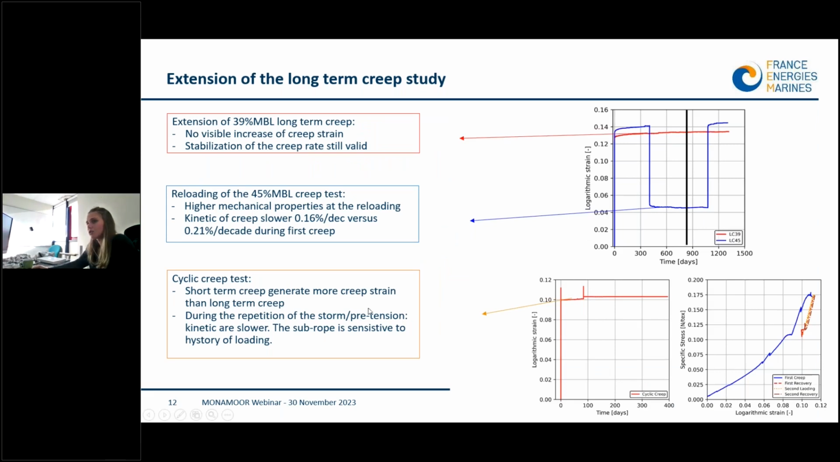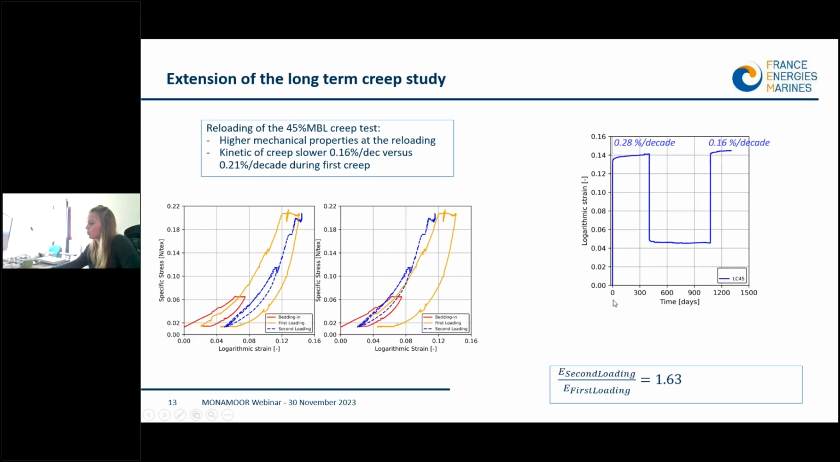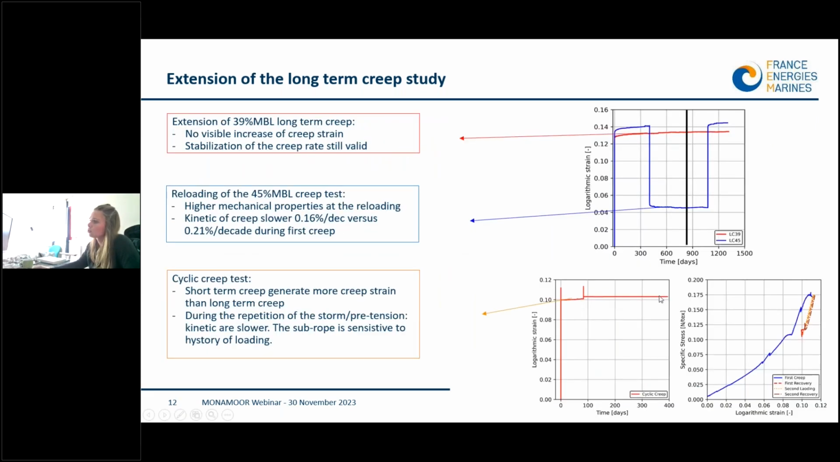Another test, another cyclic creep test during long times. This cyclic creep test aimed at evaluating if a creep during a short period, so here a peak creep during only 1 hour at a higher load, would generate more creep strain than a long creep at a service tension. And so what we could show is that the short-term creep during the storm will produce